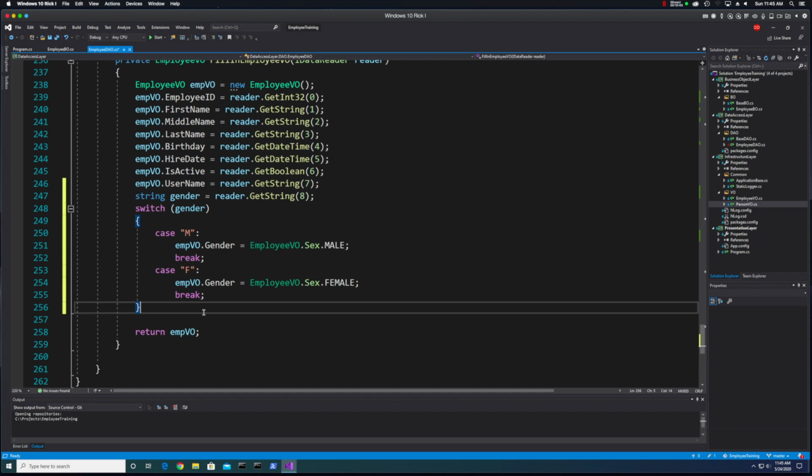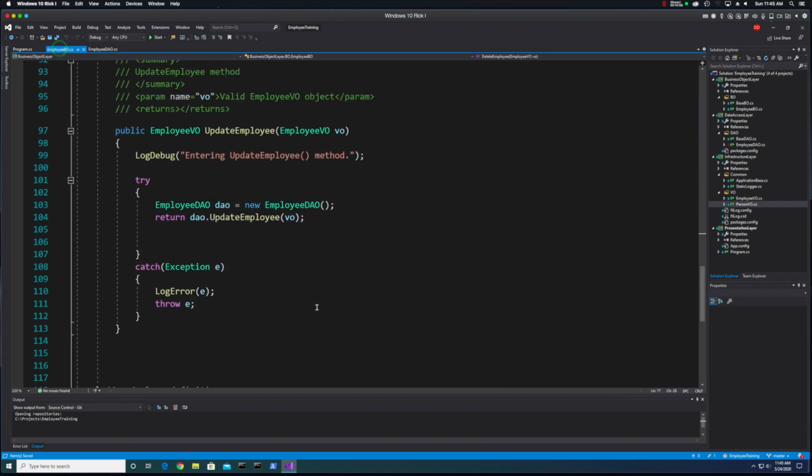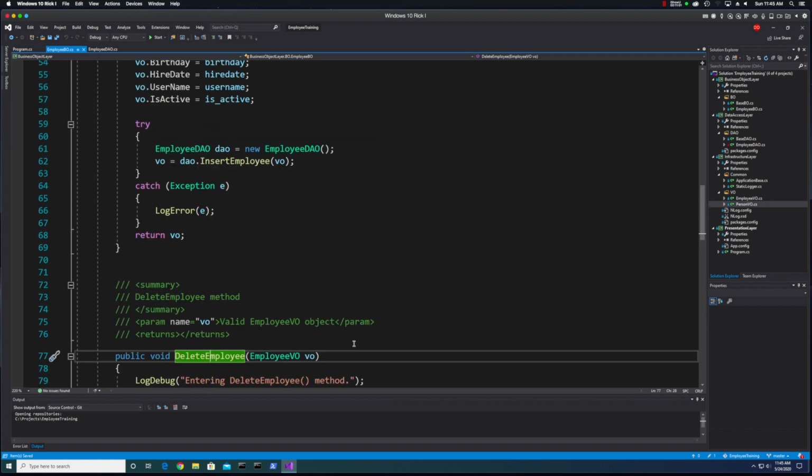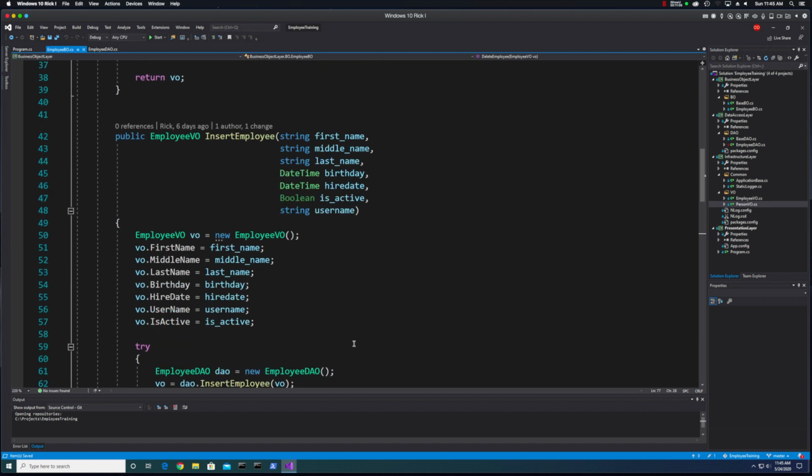Okay, so once we do that, we've modified the employee VO. Now we need to test, or the employee DAO. So let's turn our attention now. Interestingly enough, we don't have to modify any of the employee BO methods because they pretty much just take the employee VO. The only one that would need to be modified is the overloaded insert employee, where we're taking first name, middle name, username. So what I would have to do here is